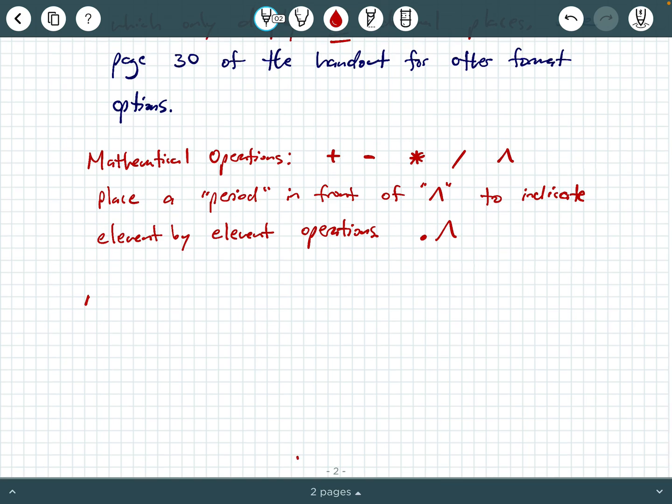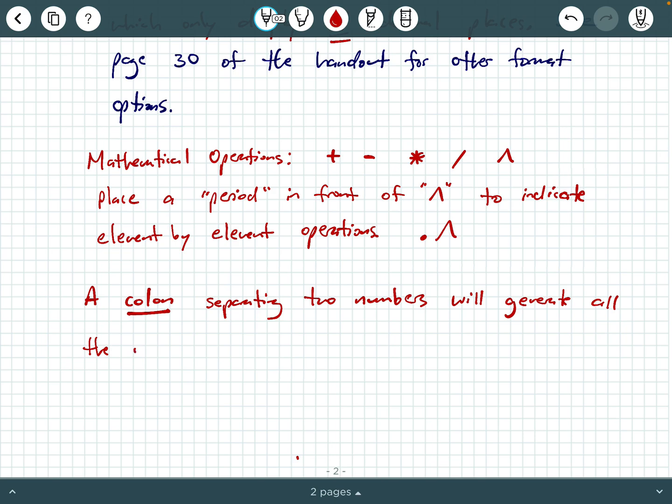Okay, so a colon separating two numbers will generate all the numbers between them using an increment of 1. Okay. Now, so what that means is